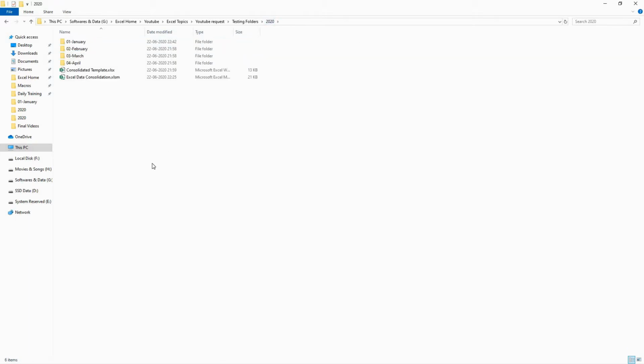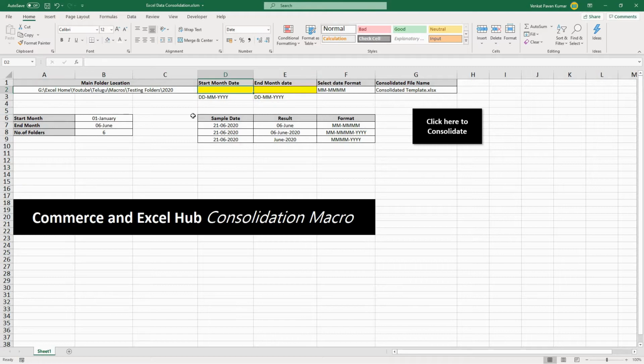Here we need to update the start month date and end month date. This should be updated in Indian date format: first the day, then the month, and then the year. Same thing for the end month date as well.